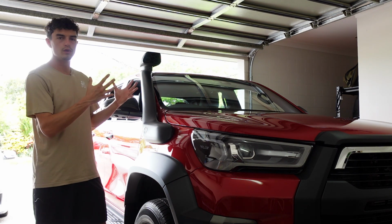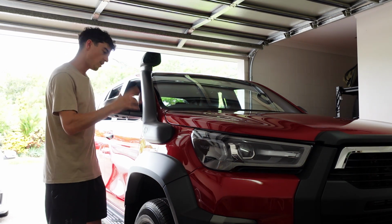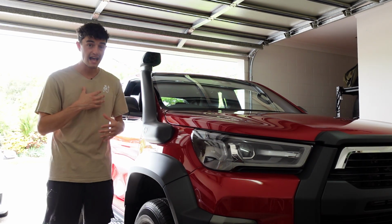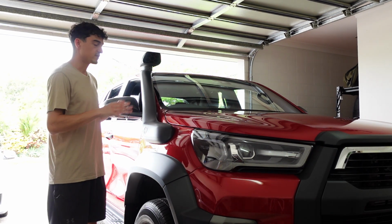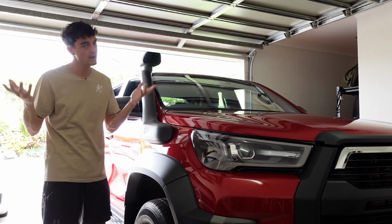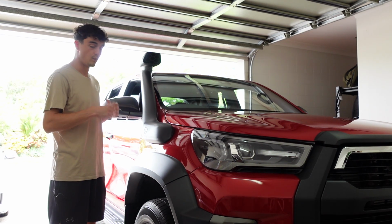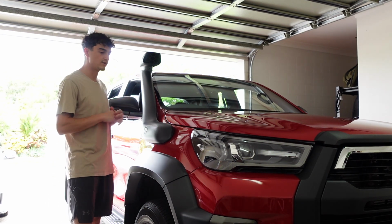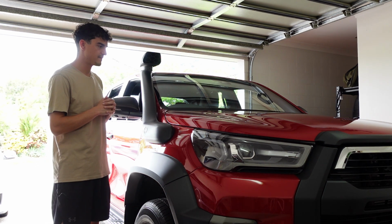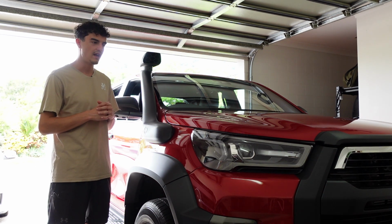So in conclusion, for me, I don't think we should be too quick to bash the Toyota Hilux. Go and test drive one. Test drive the Ford Ranger if you want to. I haven't, disclaimer, because I knew that I wanted to buy this vehicle. And yeah, it might be a little bit narrow-minded for a car reviewer, but I'm not a car reviewer. I'm someone who enjoys my Toyotas, and I probably will only exclusively have Toyotas on this channel. But for me, I think that Toyota are doing a terrific job with their vehicles, and we shouldn't be